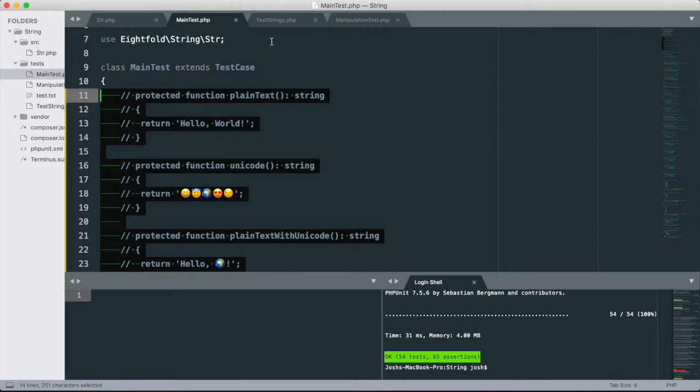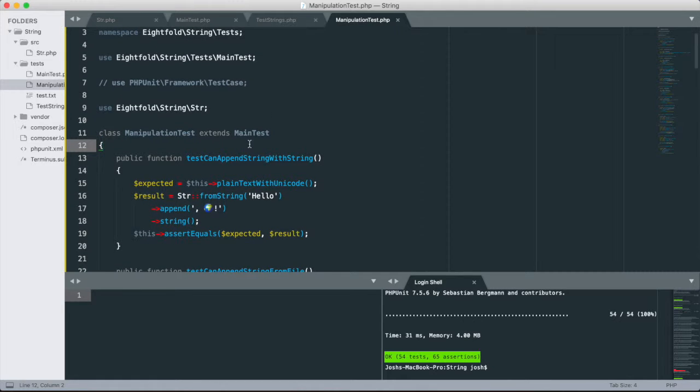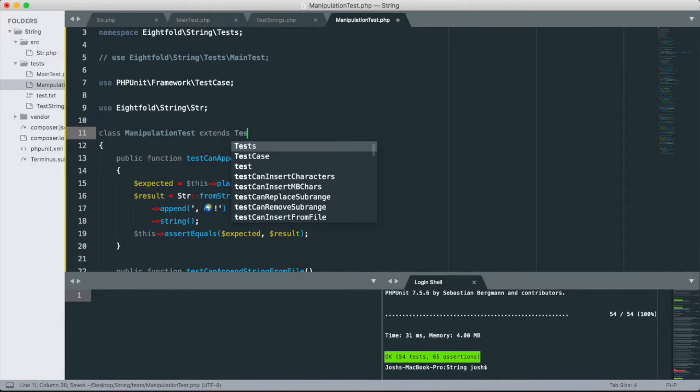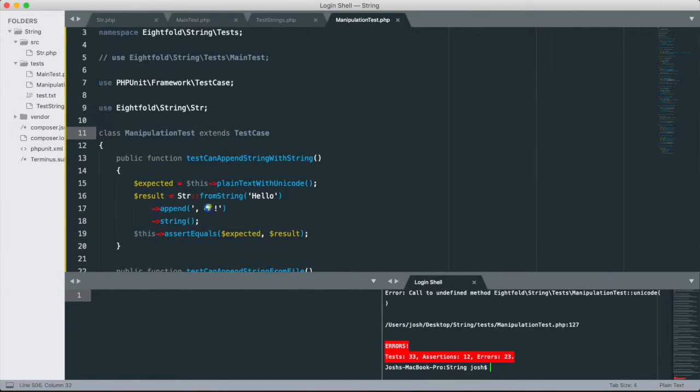So now that we have that and we have this, the only thing that I needed from main test were those functions. So I'm going to go ahead and comment that out, and now, instead of manipulation test inheriting from main test, which inherits from this test case class, which may inherit from something else, we took that hierarchy and broke it down by one. Of course, if I do this, we see that we have 23 errors because of all the things that are trying to call